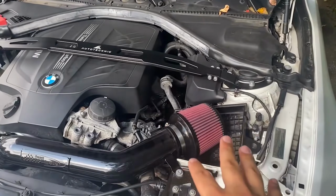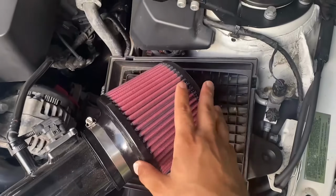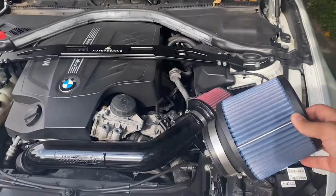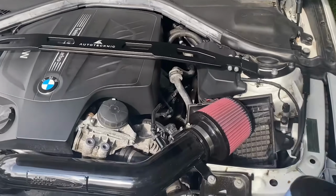Alright, so that was probably the easiest install I think I've ever done on this car, but as you guys can tell, it's all set. The red one is in now. Again, for reference, here's the old blue one. Nothing wrong with the blue. If that's the color you like, definitely go for it, but I just personally prefer red,